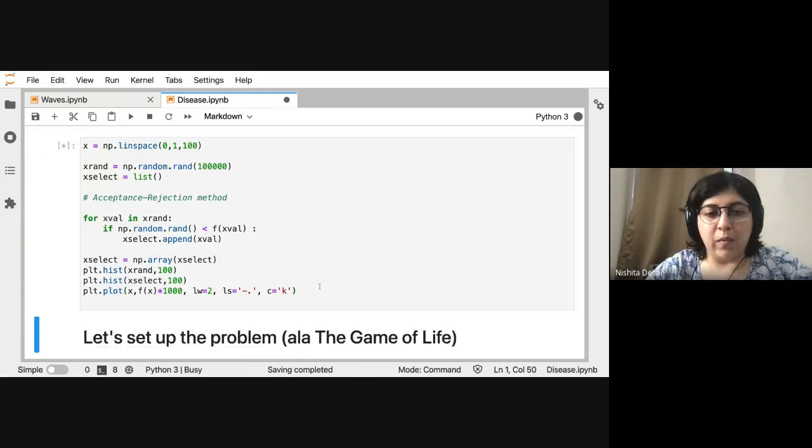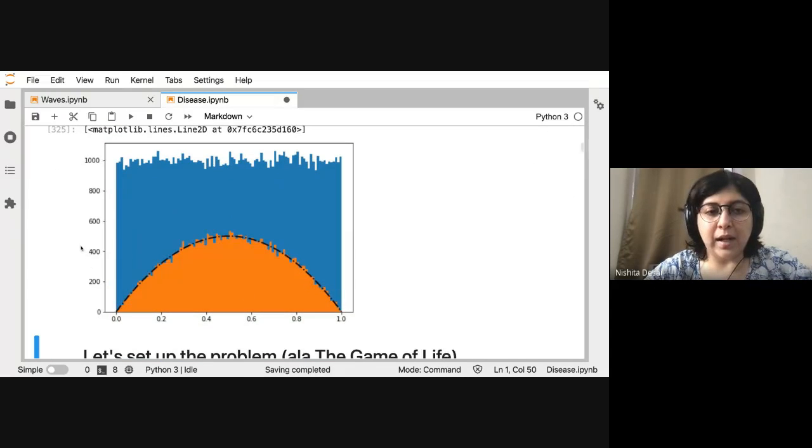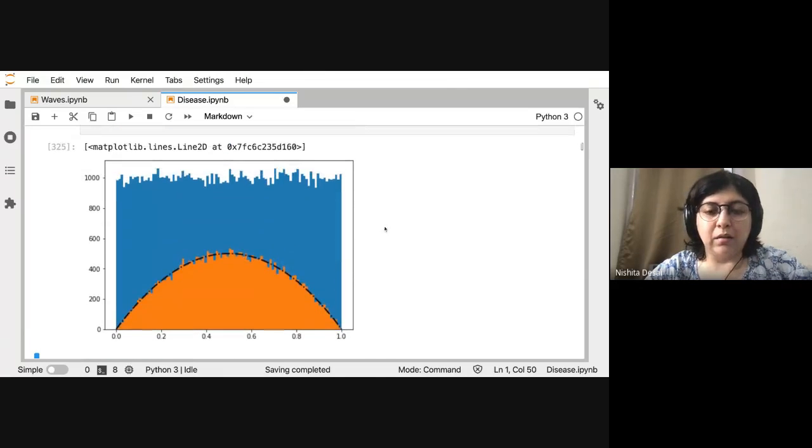Okay. So we can plot this, and you can see that the uniform distribution is as expected. All numbers between 0 and 1 have a probability distribution of 1. And the black line is the functional form that we plotted before, and the orange are the selected points. So you're selecting points exactly by the same probability distribution as you expect. Okay. So yeah, this is very useful in trying to generate numbers according to any probability distribution that you want.